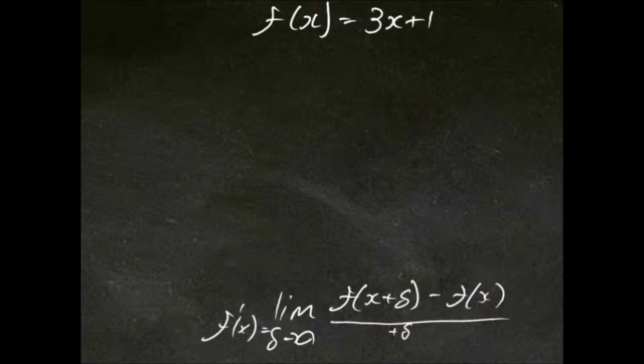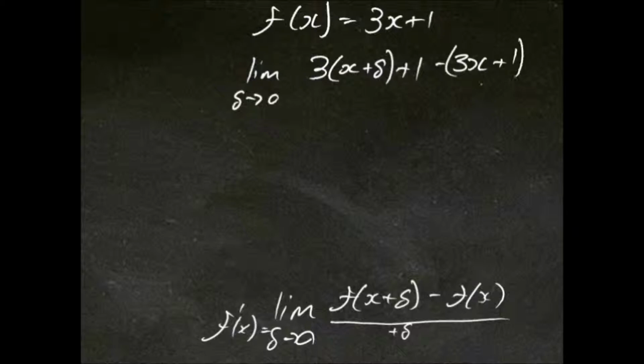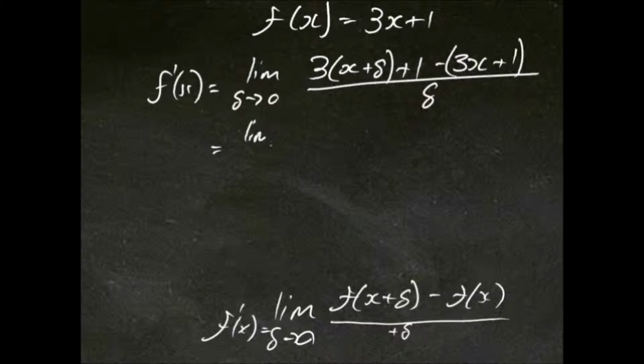subbing in this value into our equation, we'd find that this would be equal to the limit as delta approaches 0 of 3 times x plus delta, plus 1, minus our other value, which is just 3x, put a bracket here, plus 1. And this is all over delta. So we'll say that's f dash x. So expanding those brackets, that would be 3x plus 3 delta plus 1 minus 3x minus 1 all over delta,